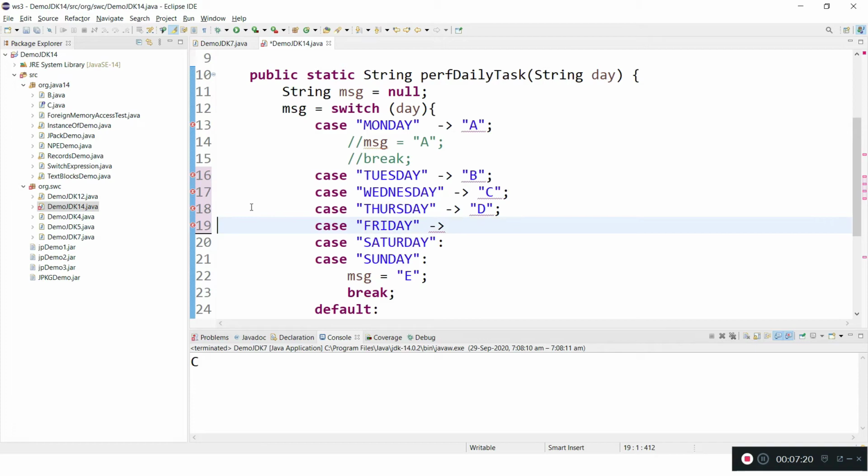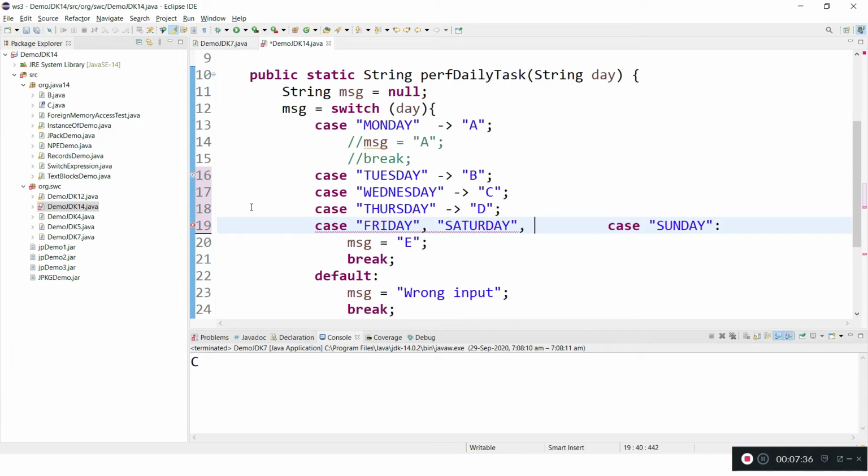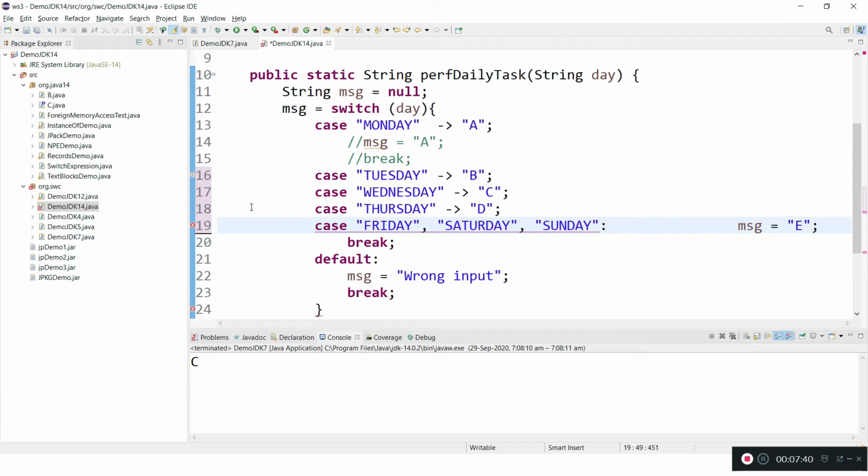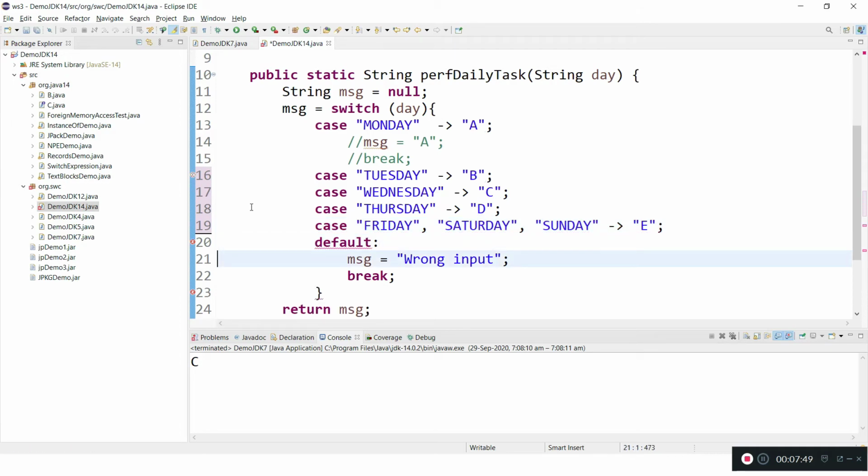Here we discussed that the problem with the older approach is we cannot write multiple cases in a single case. Here we can write multiple case labels, comma separated, so that the same logic will be applied to all cases. Here we can use the expression notation and remove the break, and default is mandatory here because